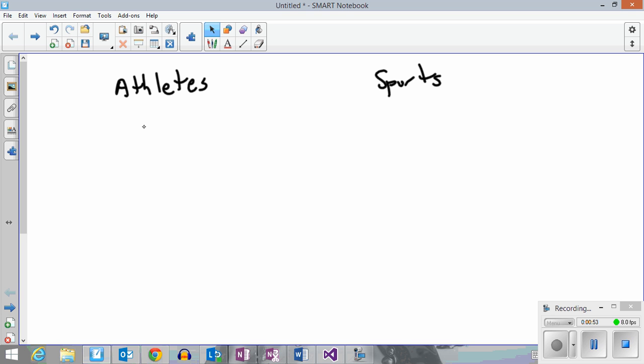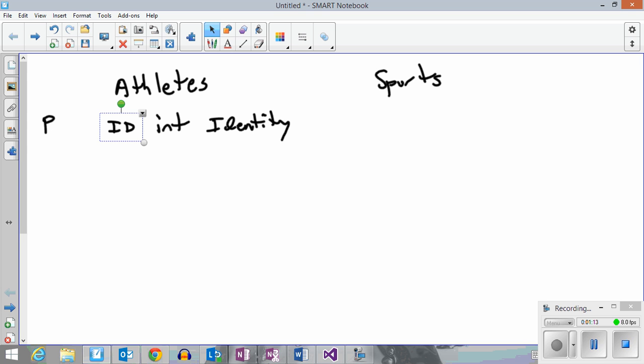If I were to build the athletes table, I might create an ID field, and this might be of type integer, and this is going to be an identity. And if you remember, identity means that this field will automatically increment. And so this would be my primary key. In other words, every single athlete is going to have an athlete ID number that is unique. Since it's an identity field, and I'll show you how to set that up, it will automatically increment as I